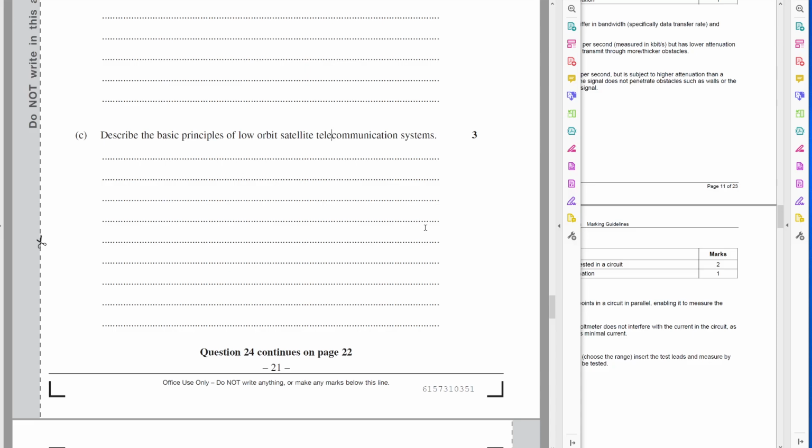So I've at least written that low Earth orbit satellites travel very quickly, so we need a lot of them, right? They take about 90 minutes to orbit. The second thing is, what are the basic principles? Well, we use a satellite dish. So, for instance, if we use the example of Starlink, and there's nothing wrong with using an example, especially if you're stumped, right? Better to use an example than not. So I'd say Starlink